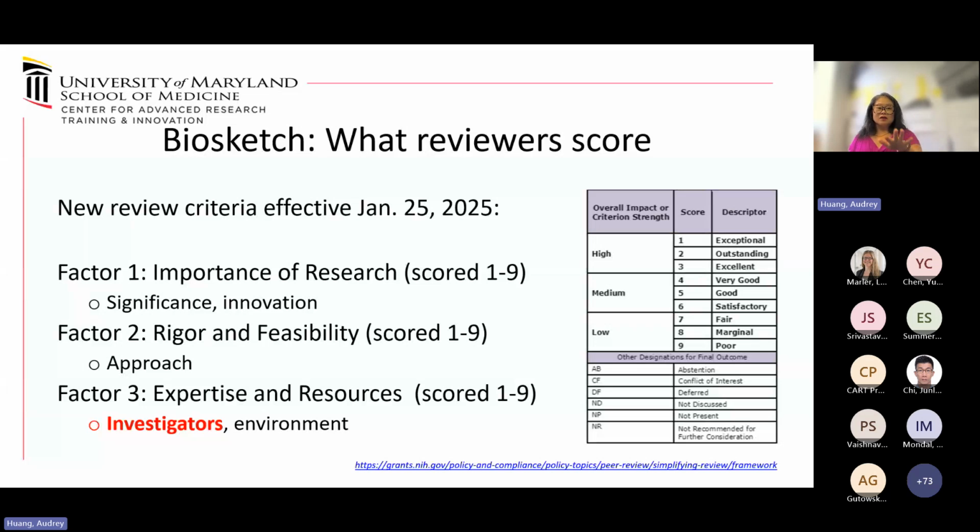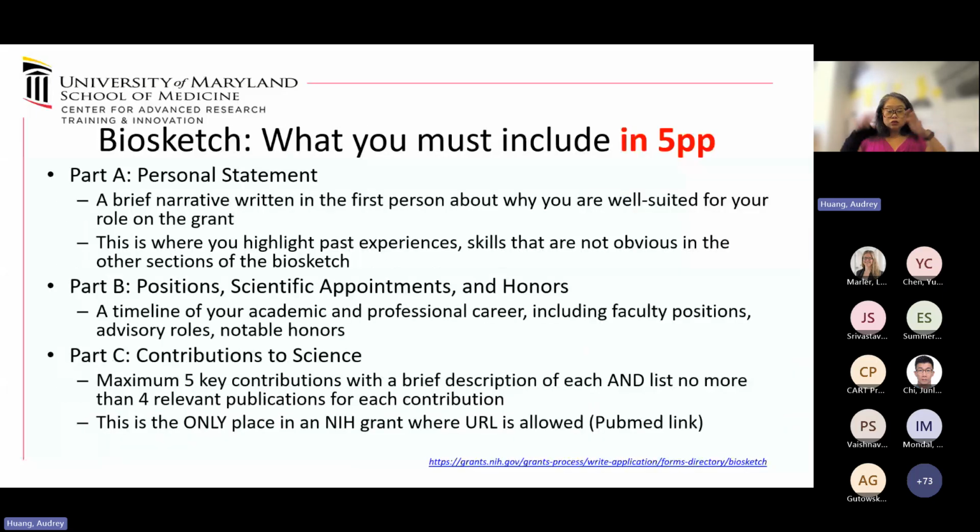So I'm not going to talk about environment. Environment is going to come from your home institution, who's on faculty, what experts you have, what core facilities, what services, and what tools are available to you. How much support do you have from your department, your institution? All of that feeds into environment. The BioSketch is investigators. So do you have the right expertise to do this work? Do you have the right expertise around you to help you do this work? Does anybody know what they're doing at all? And hopefully the answer is yes.